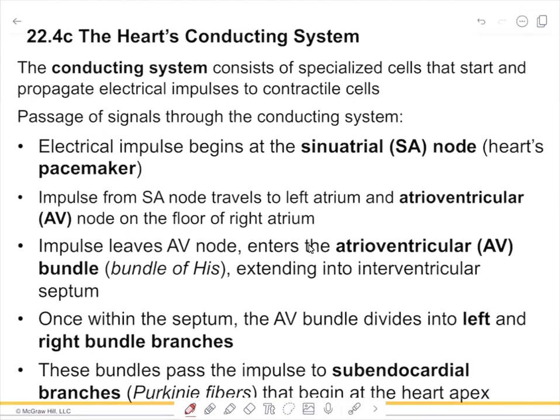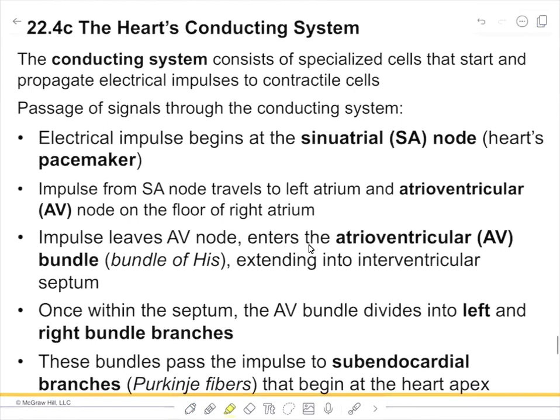In order for the heart to contract, it needs a signal from the nervous system. And that's due to nerves that are actually built into the muscle wall. This is called the conducting system of the heart, and it has specialized cells that start and propagate electrical impulses to contractile cells. These specialized cells that you need to be aware of begin with the